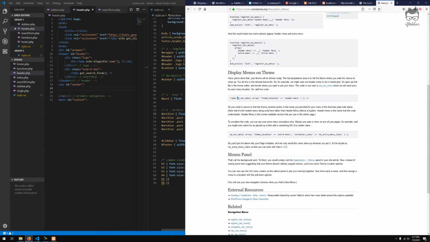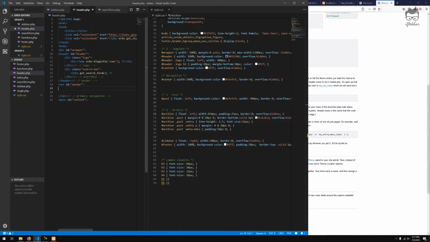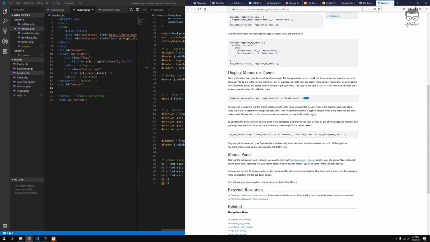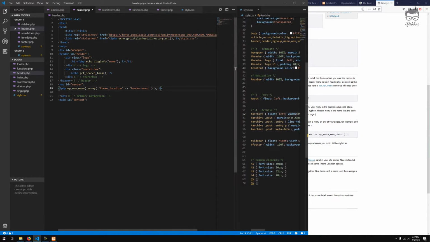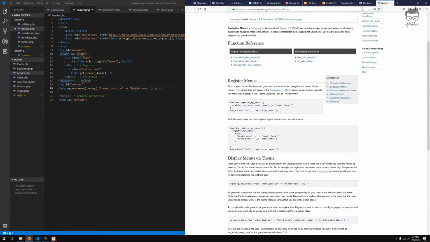We can use this function to display the menu. Let's take a look at what happens over here once we do put this function. Okay, this is supposed to be our header menu. Looks good. Okay, and for the header menu we need to have a